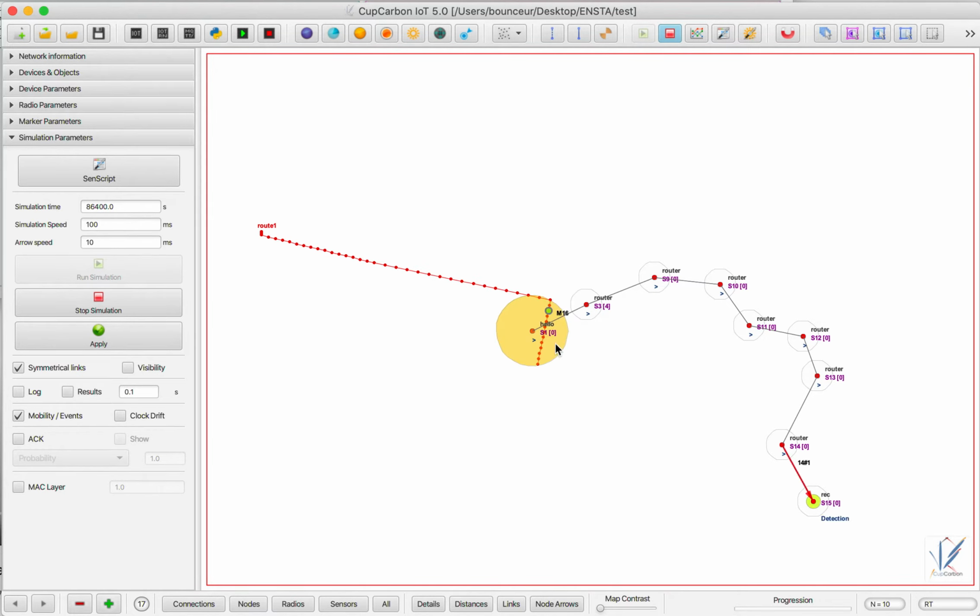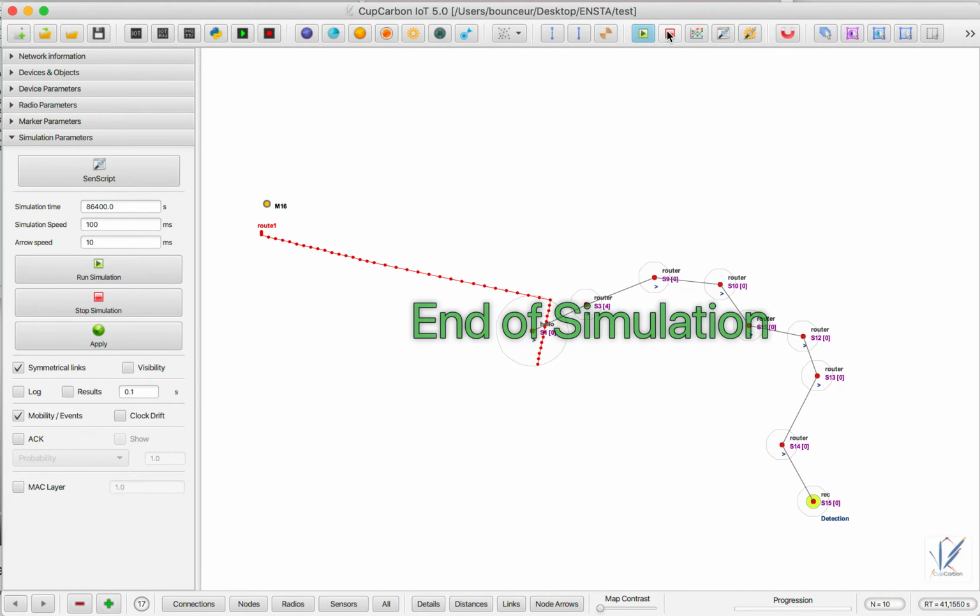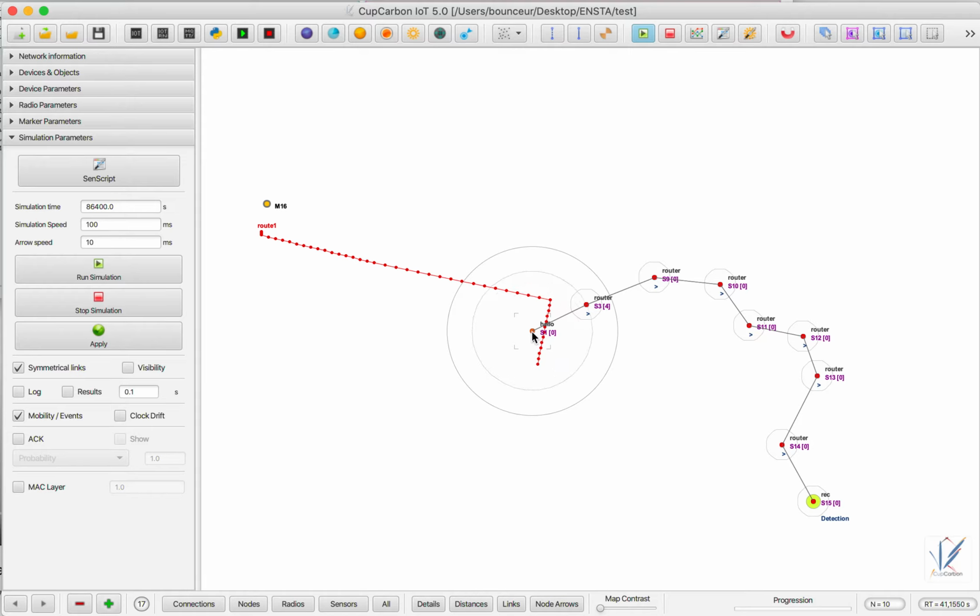And now, as you can see, it detects, and this sensor is marked and it writes detection, which means it detects something. So let's stop the simulation and increase again this detection zone like this, and then I will